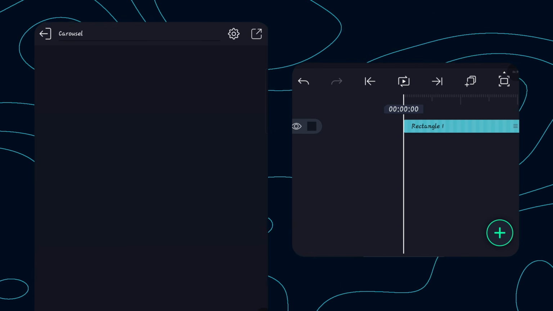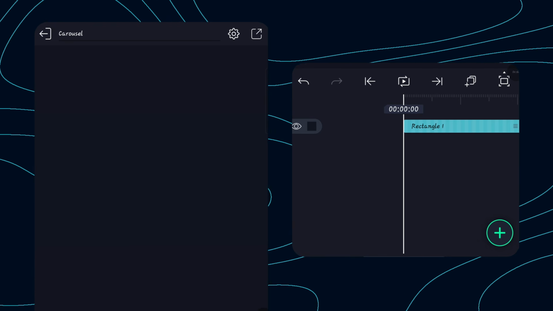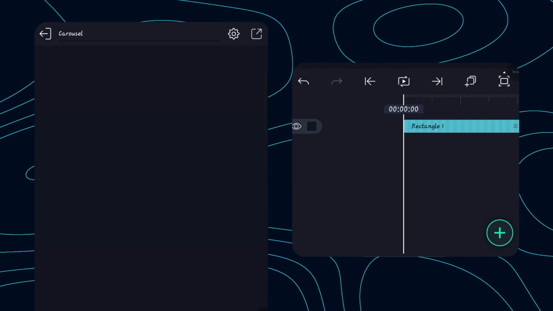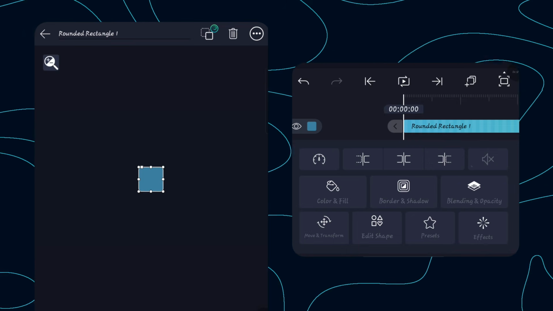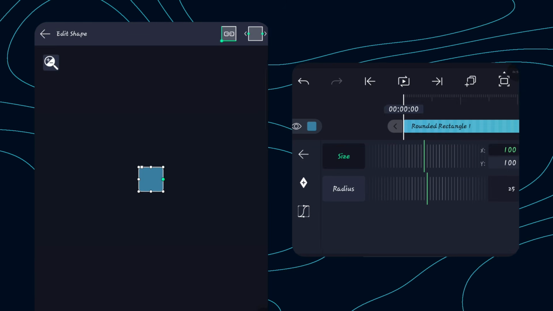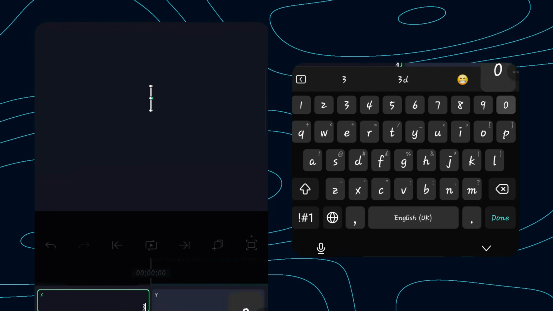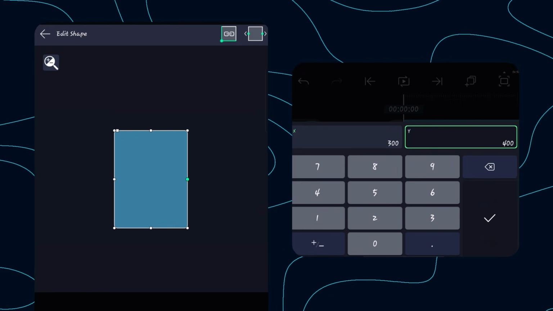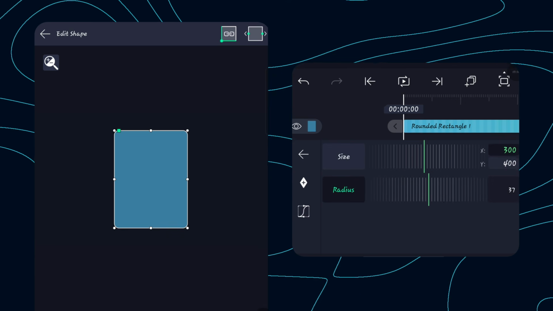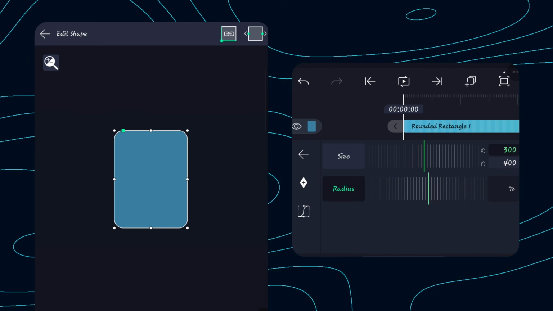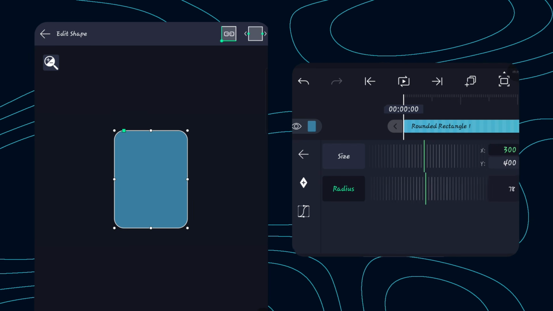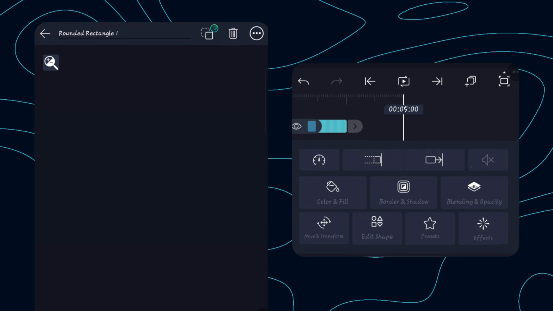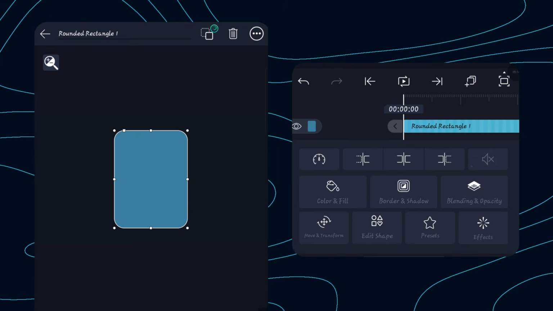Now the next step is to create your frames, or what is going to be holding your pictures. This is going to be a template you can always use anytime you want. So click on it, add the shape, and I'm going to make the size 300 by 400 in height. Then for the radius, we're going to make it 80. Now the next step is to extend the layer to the end and make 2 copies